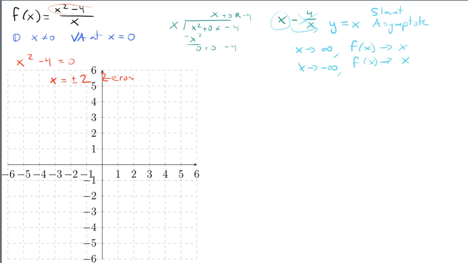Let's instead draw our slant asymptote. Here's the slant asymptote. I'm going to have to match that behavior long term, right? The zeros are at plus 2 and minus 2. There's a vertical asymptote at 0. Okay, so we can see how the plane has been broken up into 1, 2, 3, 4 pieces by these two asymptotes,